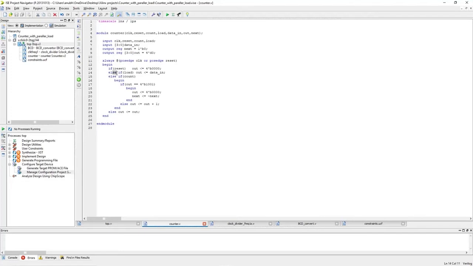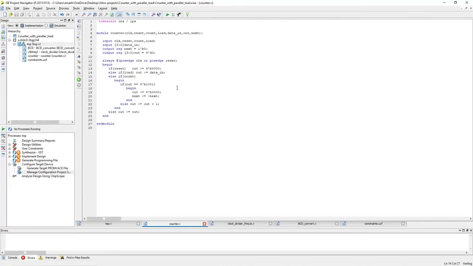Else, if there is a load event, the output will be set to the data input. And else, if we have the count event, then we will begin the counting.